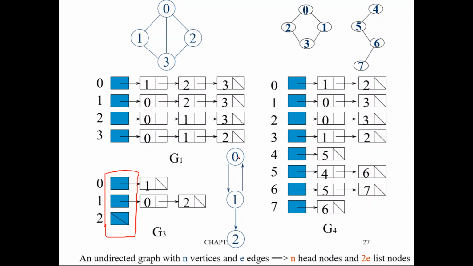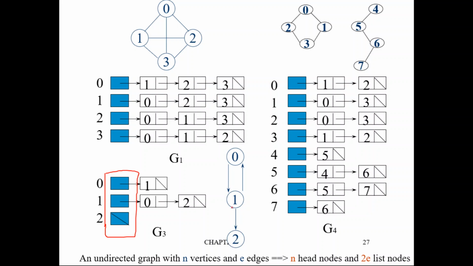From 1, we have 1 to 0 and also 1 to 2. So 1 to 0 and then another pointer to 2. Okay. After that there is nothing, because we have 1 to 0 and 1 to 2. This 1 to 2 we are representing through this pointer, because we don't have extra pointers here. So we are utilizing the pointer of the before node, right?